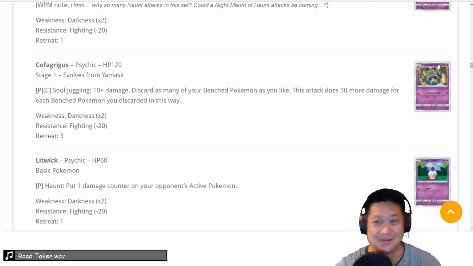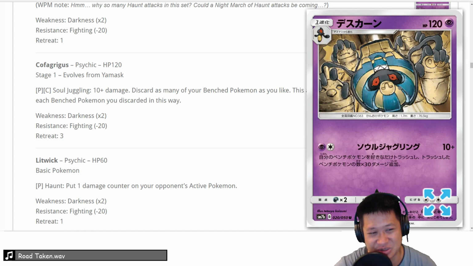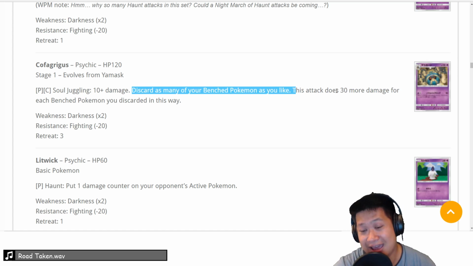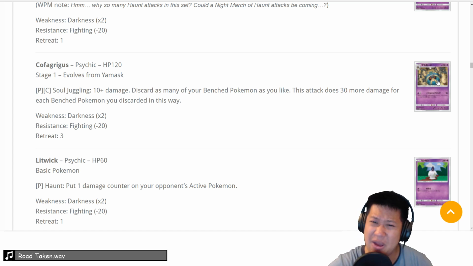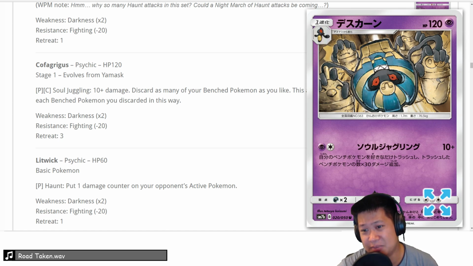Oh, sorry. Cofagrigus. Remember Giratina? Yeah, we don't have to talk about that too much. Soul Juggling. Discard your Giratinas, and it does 30 damage for every bench Pokemon discarded. So you can get up to, let's see, a whole bench of 5 is 160 total. Choice Band, one-shot KO. Shrine of Punishment, really one-shot KO. And those Giratinas, yeah, they'll be dumping